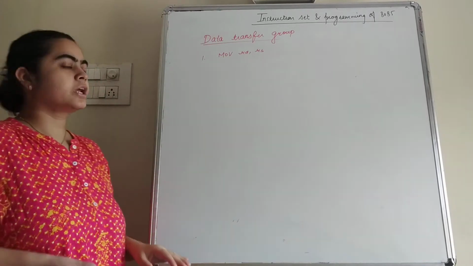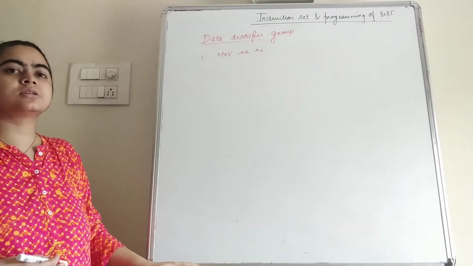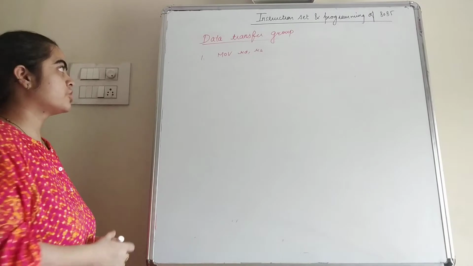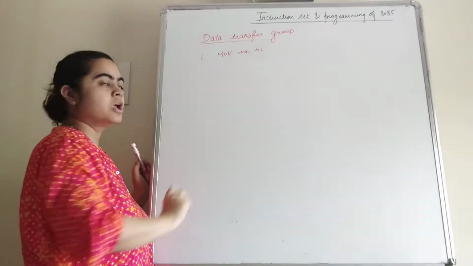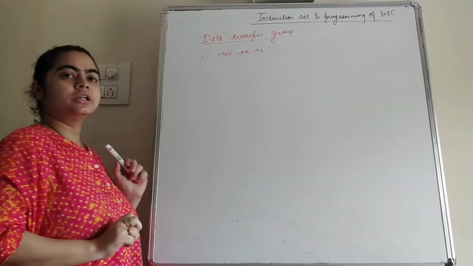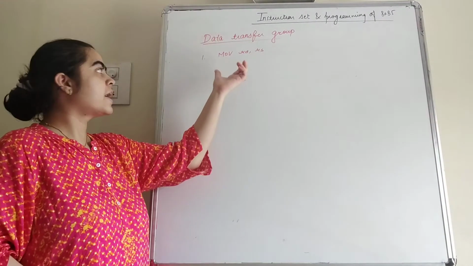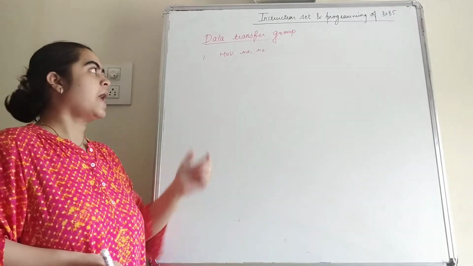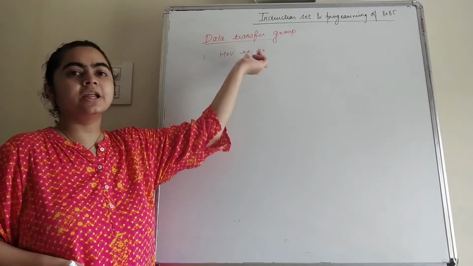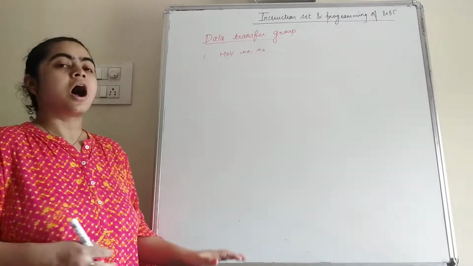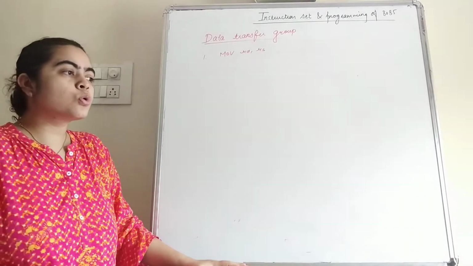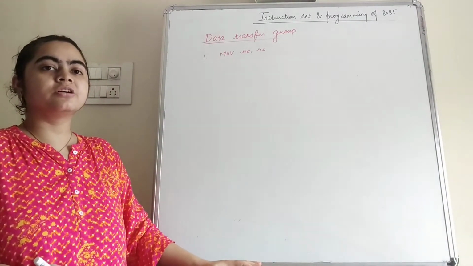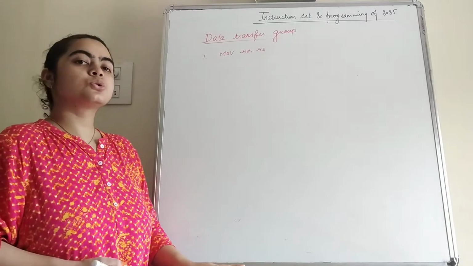Now students, one important thing in the microprocessor: the data is copied from one location to another, but it won't be deleted from the original location. For example, here we have the contents 10, and I have to transfer those 10 contents to the destination register. After the execution of this instruction, the new value in the destination register is 10, as well as the value 10 is retained in the source register also. So after transferring the data, the source register remains unchanged, while the destination register copies the value being transferred from the source side.